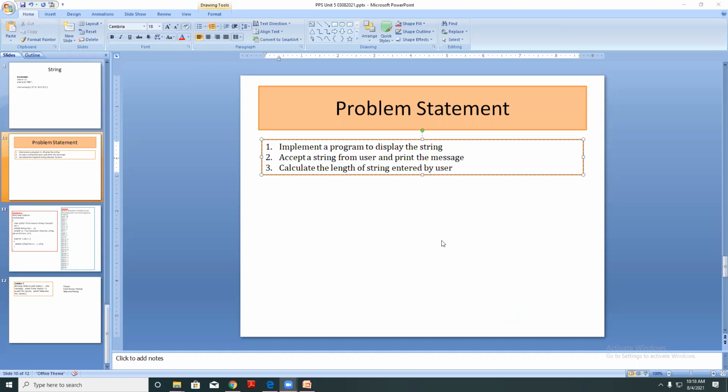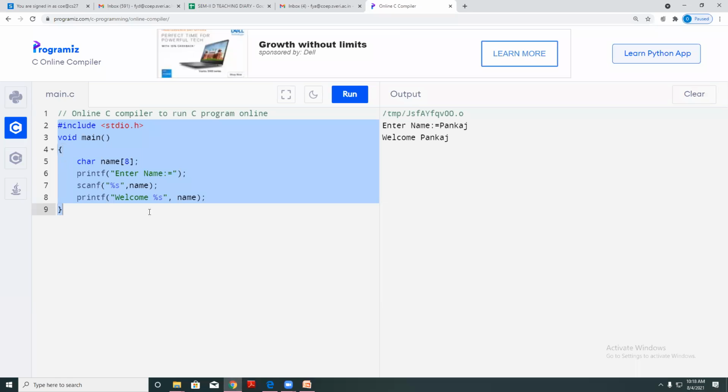Yes, sir. Okay, so I will go to implement here. Now this will remain the same, right? Up to this. Let's say here I'm having, okay, I will use now 10, because the string can have any number of characters. So I will use here 10. Now for string length, to calculate the length, we have the inbuilt function strlen.